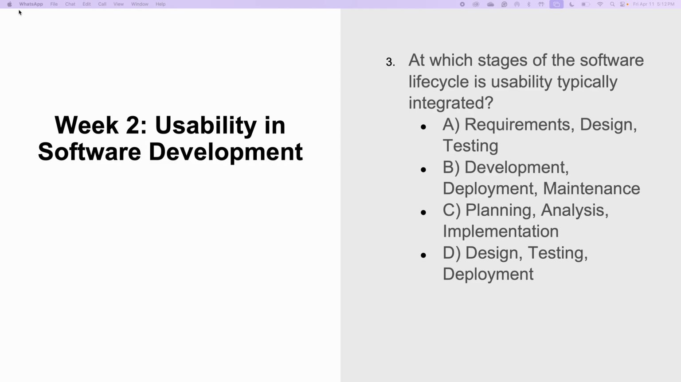And let me also provide why options B, C, and D are incorrect. So options B, C, and D are like trying to fit a square peg into a round hole. Development, deployment, maintenance are important stages, but they are not where usability is primarily integrated. So it's like trying to decorate a house without first building the foundation. And the next one is